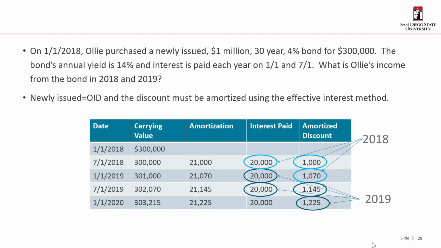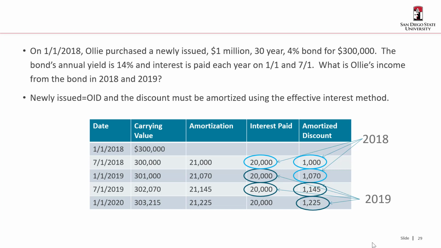So of the $21,000, Ollie receives a $20,000 interest payment on the bond. The remaining $1,000 is amortized discount. He would include that in his basis, his carrying value of the bond, and also reflect that as interest income. At the next payment the following year, his carrying value is up to $301,000 because of the previously amortized discount. So now the 14% would yield